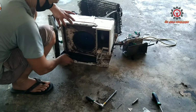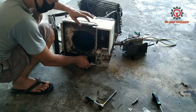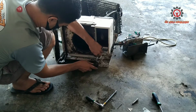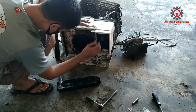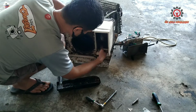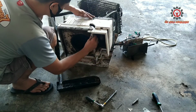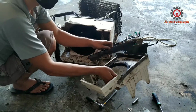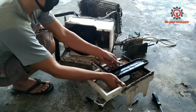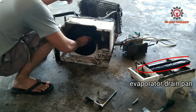Today I'm going to show you how to clean an air conditioner, and this is a window type. Now I just removed the plastic evaporator drain pan, and next I'm going to remove the plastic guard of the styrofoam, and I just removed the nut of the blower wheel,